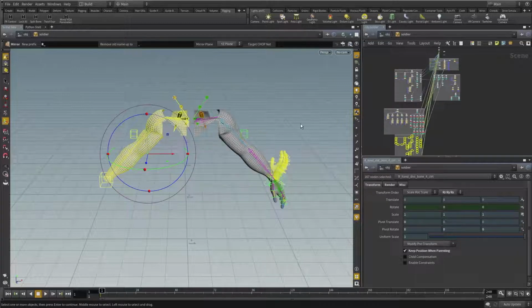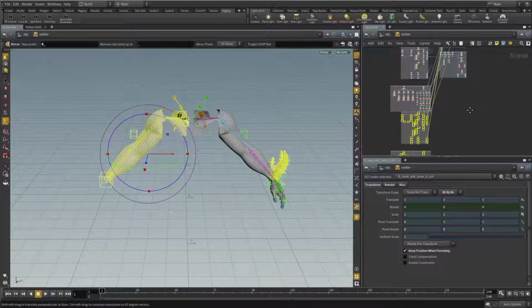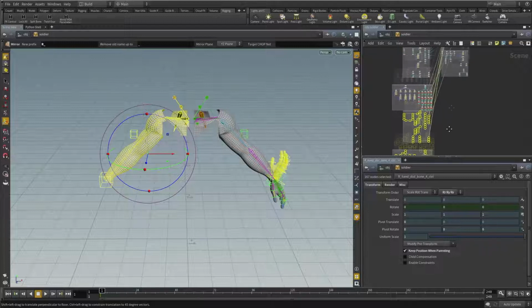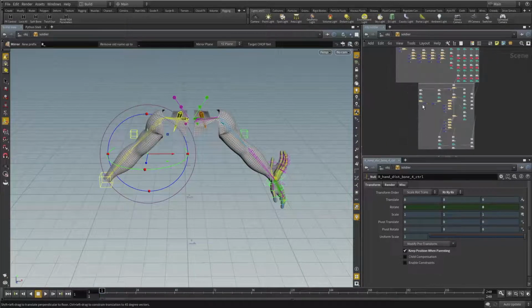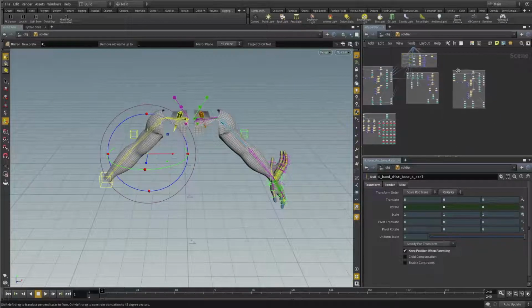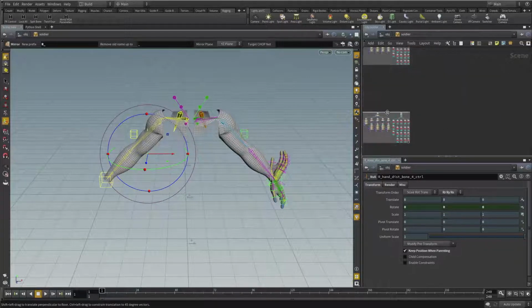So at this moment, I'm not going to touch anything because I want to see what's going on. So the arm looked like it mirrored properly, but the hand is sitting over here. So there might be something wrong. And in the network, it recreated the two net boxes and filled them. So that's all good. So what I can do is take this network box and put it on the right-hand side, and this one